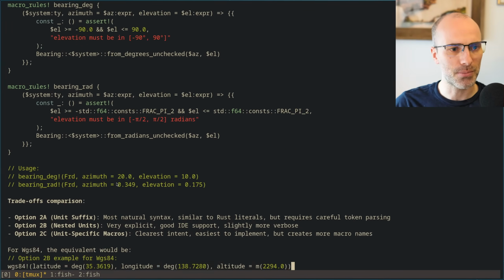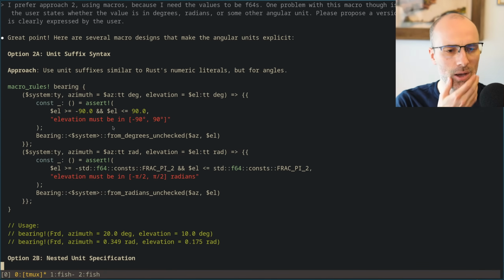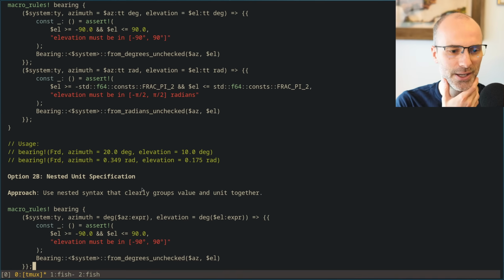Let's see what it's proposing now. Option 2A. Okay, so one is you put degrees after. Yeah, so this requires that they're either both in degrees or both in radians. I think that's fine. Using some constants, that seems fine.